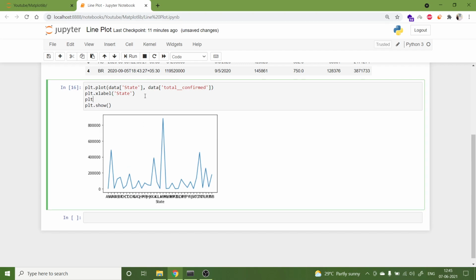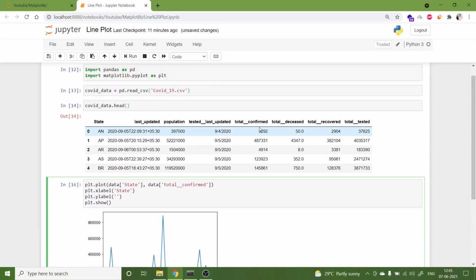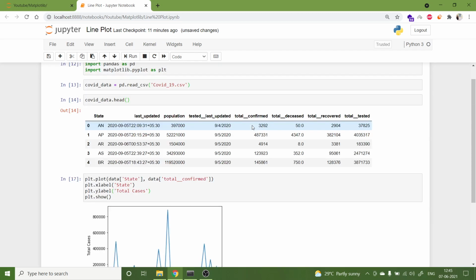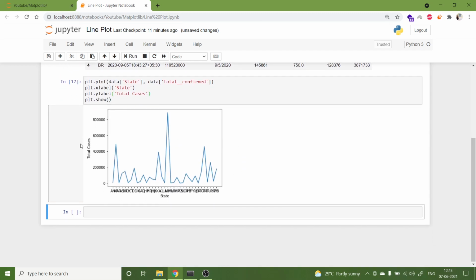Similarly we can plot the y label also, and on the y-axis we have plotted total confirmed cases. So simply we can write total cases on the y-axis. Fine, so you can see total cases here.